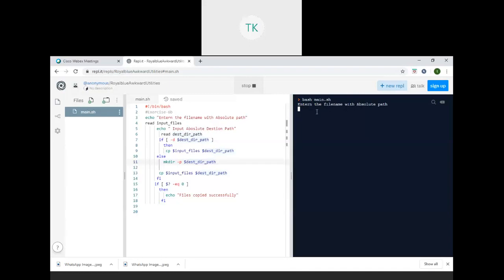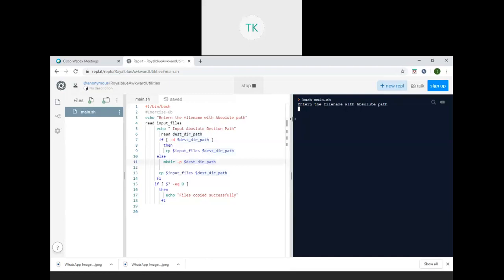Here the program name is main.sh. Here I am trying to copy this file into another file. What you do here is, main.sh is a program, it is a source program. I'm trying to copy the same program into another file. So this is our objective. The same program I am trying to copy into another file. So here I will give the input file as main.sh, because I have only this particular file.